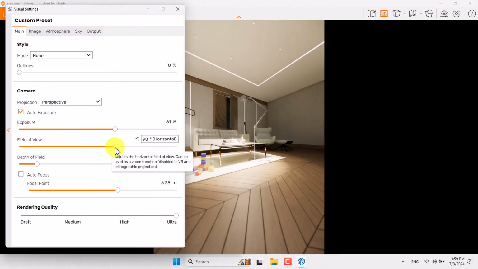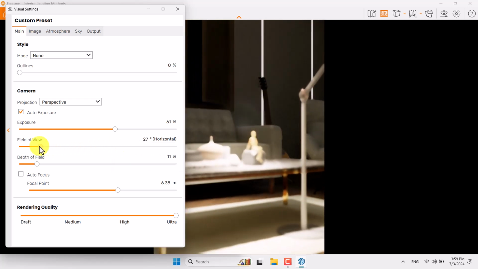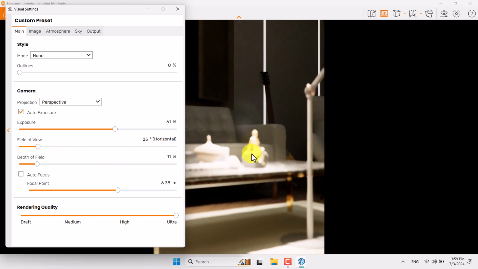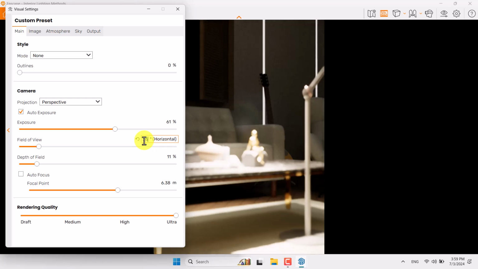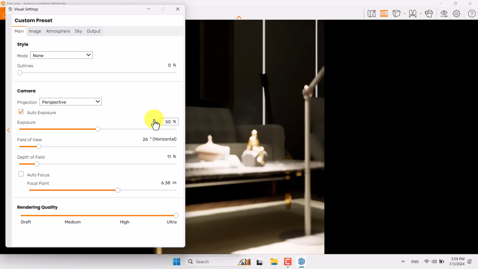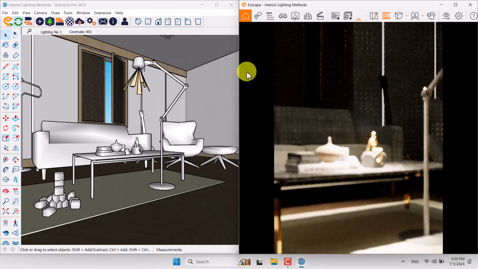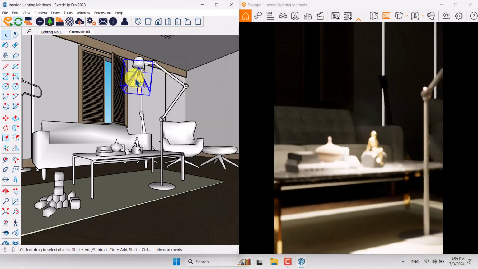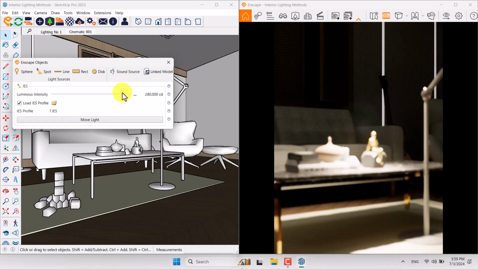First of all, field of view. I'm going to reduce the field of view as much as I can to focus on my object in here. 26-degree horizontal is enough for me, and I want to reset exposure in this place. I'm going to minimize Enscape at the right side and click on this light in here. So I need to select it, click on the Enscape objects in this place, and I need to manage my